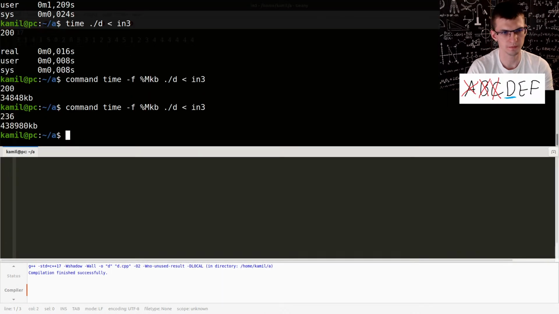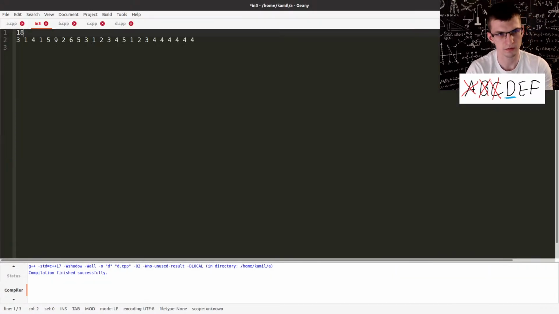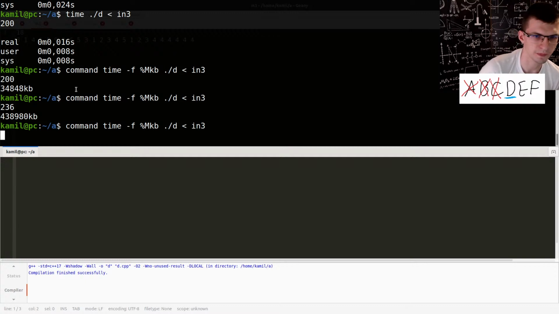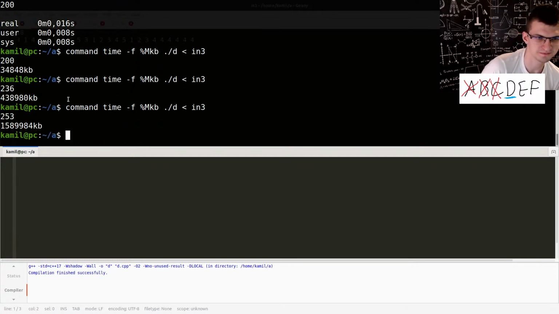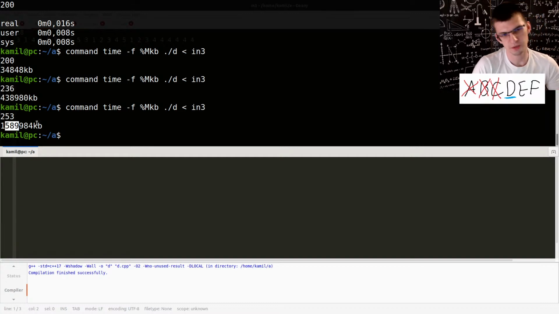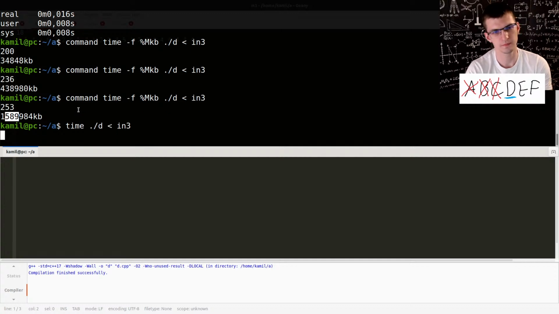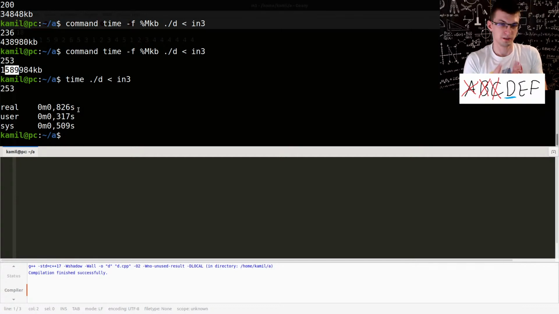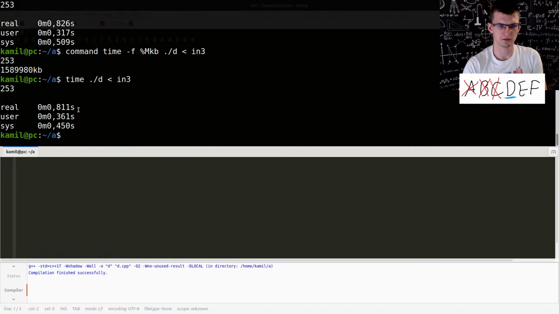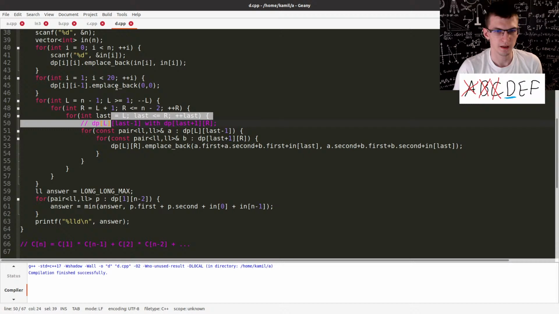17 is, I think that's half a gigabyte. And finally, now it becomes slow. Ladies and gentlemen, we have 1.5 gigabytes. But it's fast enough. Actually, I would say that this is slower. Okay, no, it's the same. It's fast enough, at least on my machine, but the space usage is bad. I can,